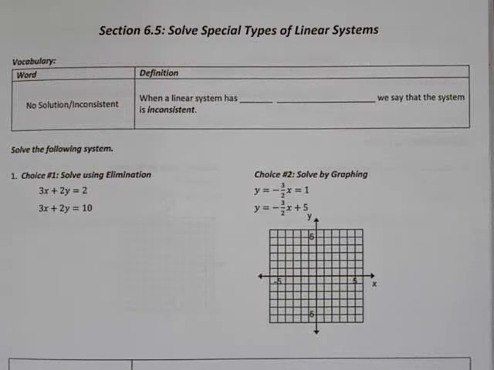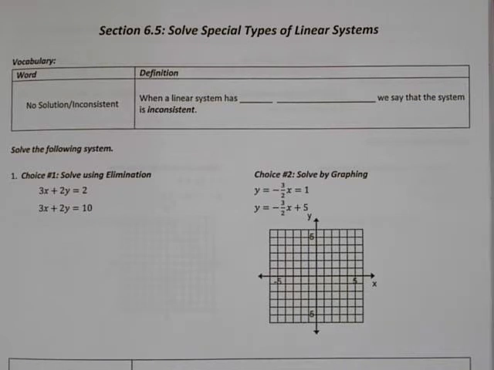Hi everyone. So far this chapter we've been learning how to solve systems of equations, and we're going to keep working with what we know so far, but what we're going to be focusing on today is how to solve special types of linear systems, or really it's more about identifying special types of linear systems. And this should sound really familiar if you think back to when we were solving equations. Sometimes we had equations with no solutions or infinitely many solutions, and the same thing is going to be true